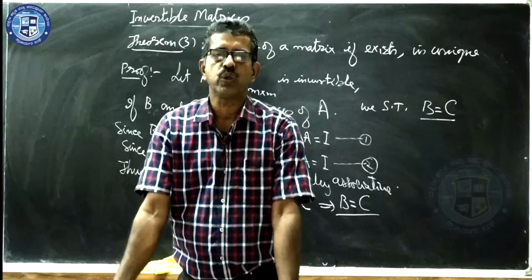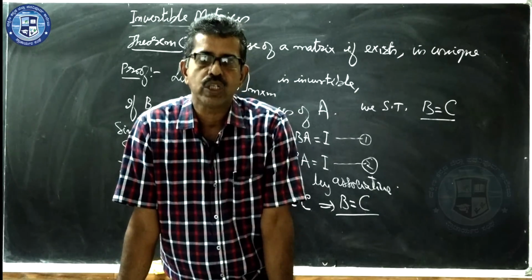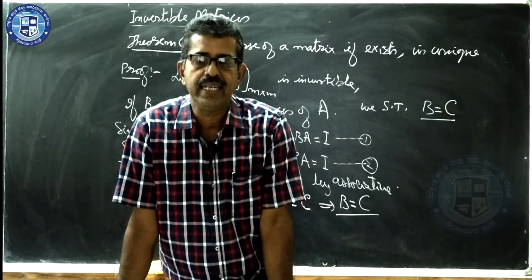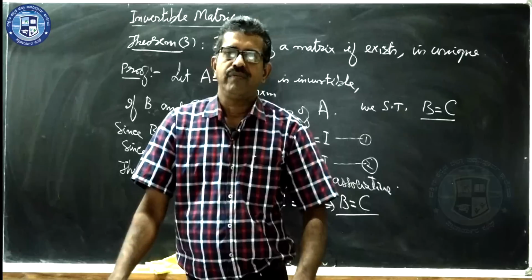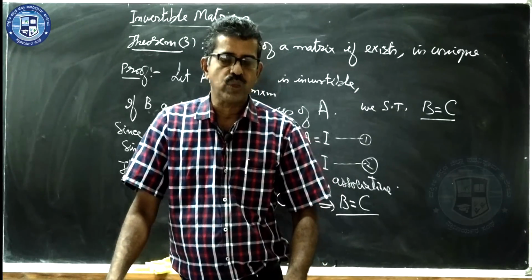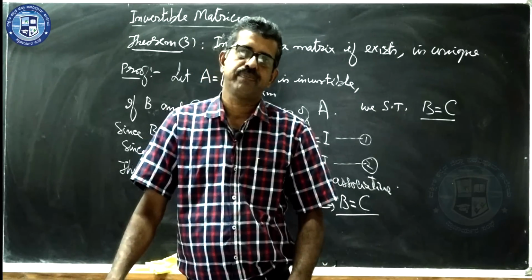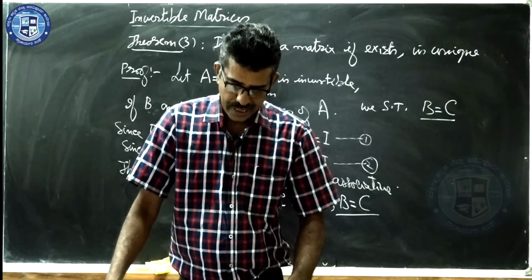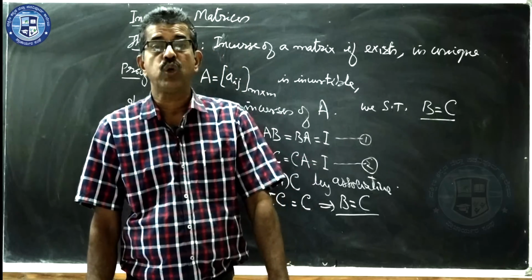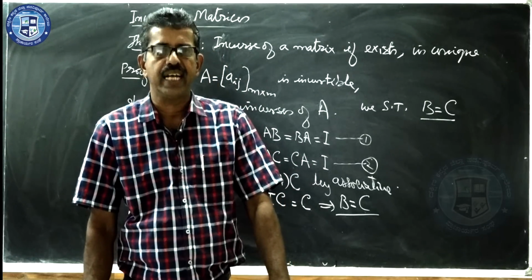What do you mean by B equal to C? The inverse of a square matrix is unique. If the inverse exists, the inverse of a square matrix is unique. Are you clear? Okay, so then we'll continue with one more theorem which is there in the NCERT book,